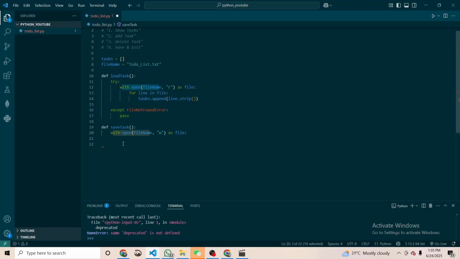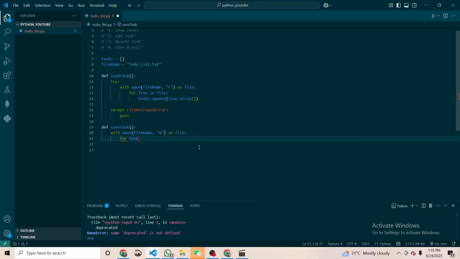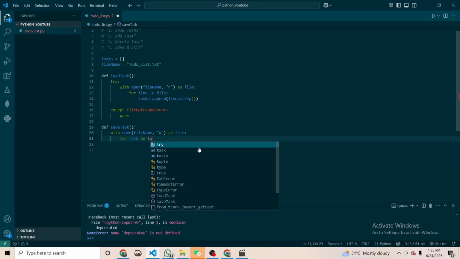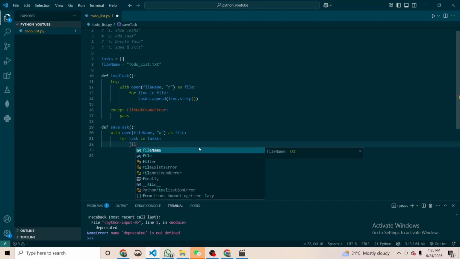So whenever a user saves something, it should pass whatever is being saved. They should add that thing to this task. When it has added the things to the task, it should now save it to this file. That is simply what we want to do. And we also want to use the for loop. So we'll say for task in tasks, which means for each task in all the tasks in the list, we want the file